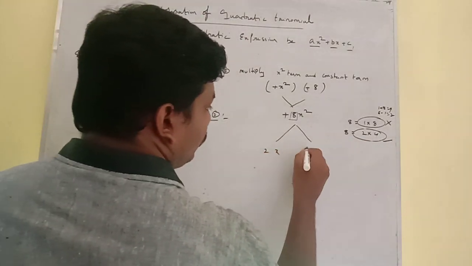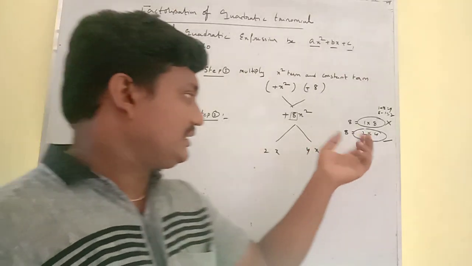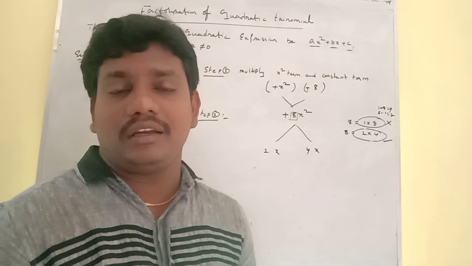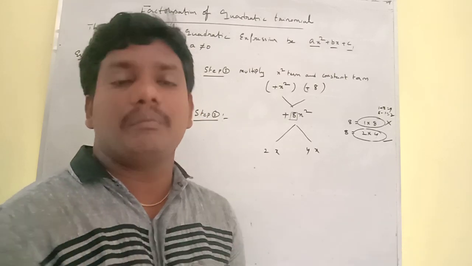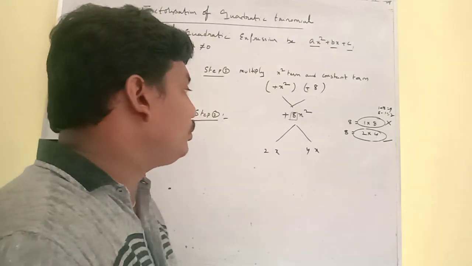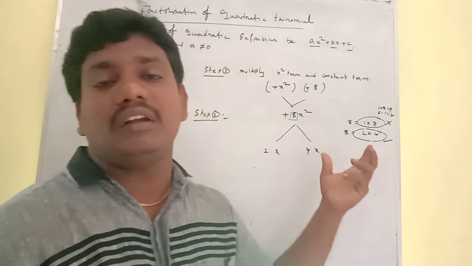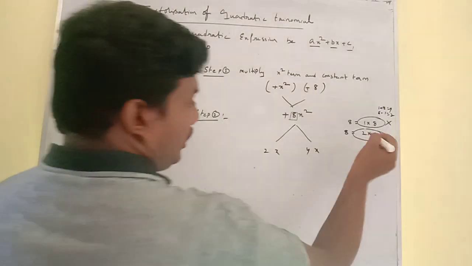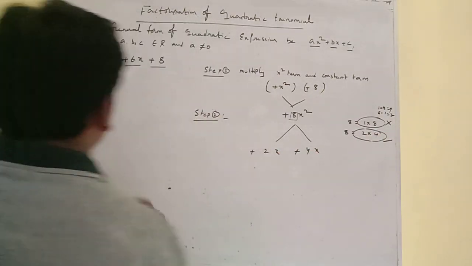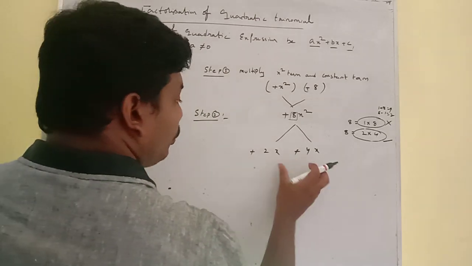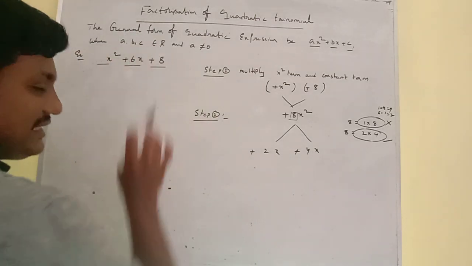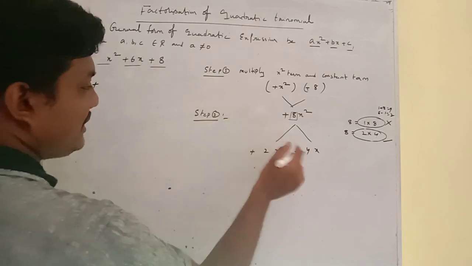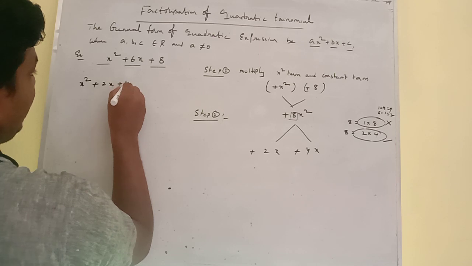That is 24. So this middle term is obtained by an addition process. Addition means it has only two same symbols. When you have two same symbols, then only addition is possible, either minus or plus. Here the required value is plus, so we are simply taking plus and plus. Now we are replacing 6x: x square plus 6x is replaced by x square plus 2x plus 4x